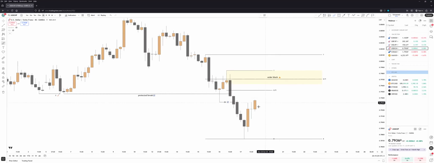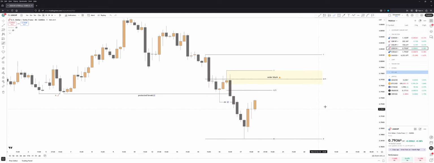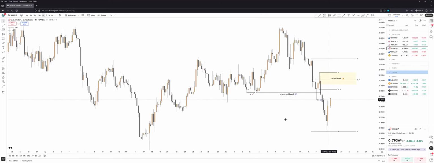So I do highly believe that price will come up to this level where we will see our confirmation entry model be printed, and we can take like a nice 1-to-7 to 1-to-15 risk-reward ratio trade targeting the external 4-hour low point. So this is exactly what we are waiting for on US dollar Swiss franc. And once again,